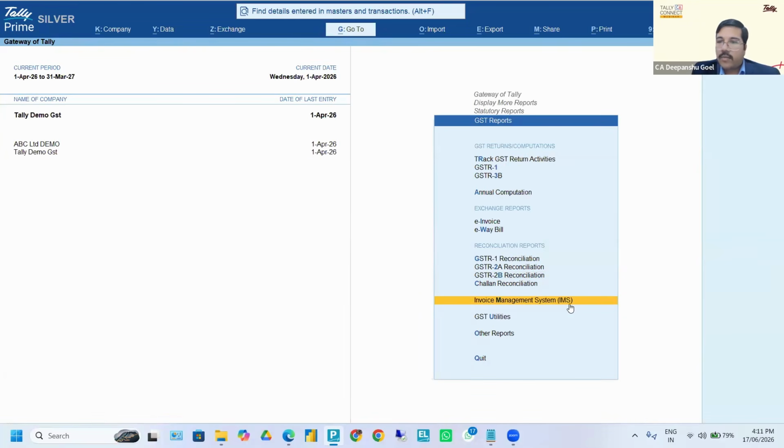We also did the IMS in some past sessions. The IMS session was covered in depth, how we import the data from the portal and do the IMS working from Tally as well. So anything and everything that we need to do at the GST portal, the maximum working we can do through Tally also. So I think I have completed all the aspects